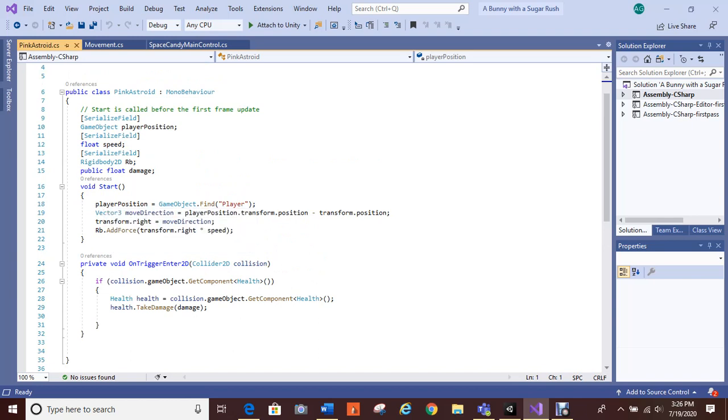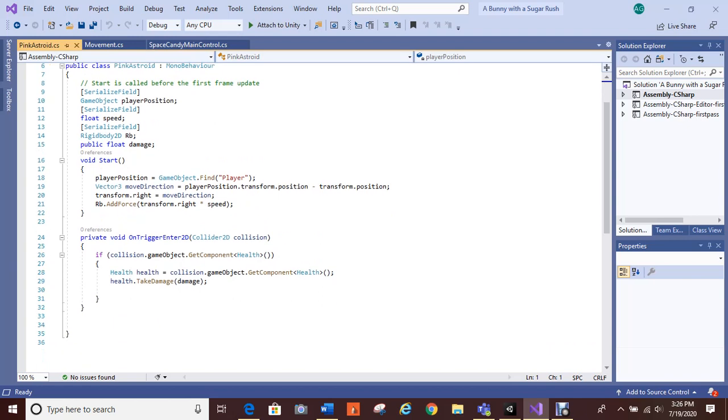This is a vector 3 to move the player in any direction, so that could be part of moving player. Asteroids moving toward player, that was on the pink asteroid page. Oh wait, no, this is the pink asteroid page. What am I thinking? Okay, so this vector 3 moves the asteroids to the player, or it's supposed to, and I think they are moving to the player. They're just extremely slow. Okay, so moving toward the player, on trigger 2D, spawning,